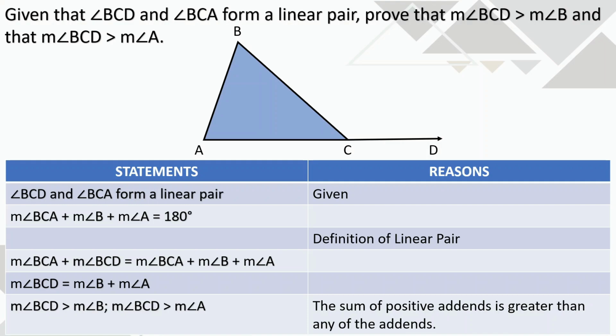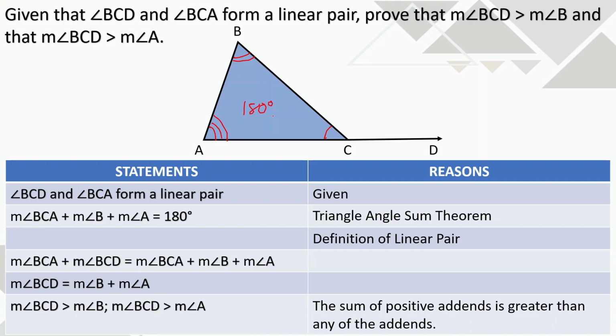From that first information, we can now say that measure of angle BCA plus measure of angle B plus measure of angle A equals 180 degrees. Why is that so? If your answer is triangle angle sum theorem, then you are absolutely correct. Because according to the triangle angle sum theorem, the sum of all interior angles, including angle BCA, angle B, and angle A, is